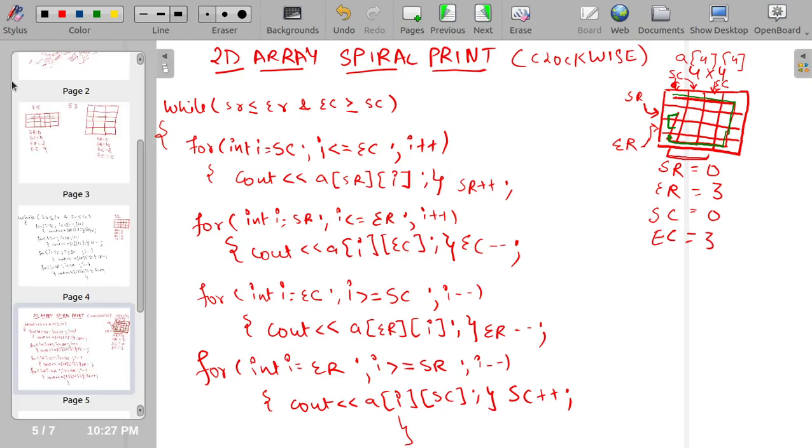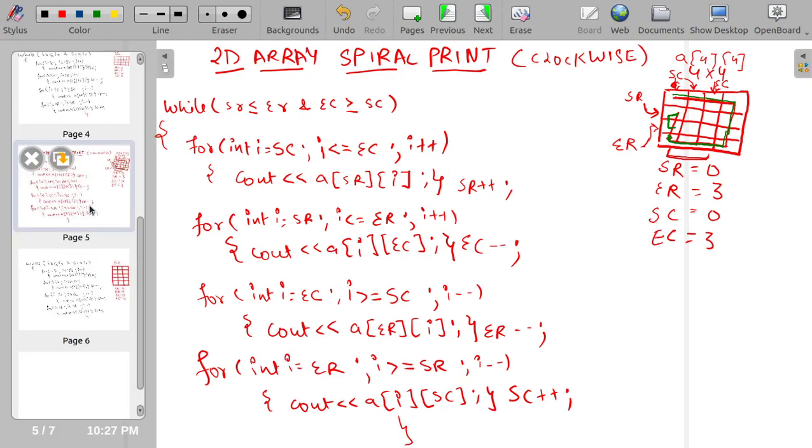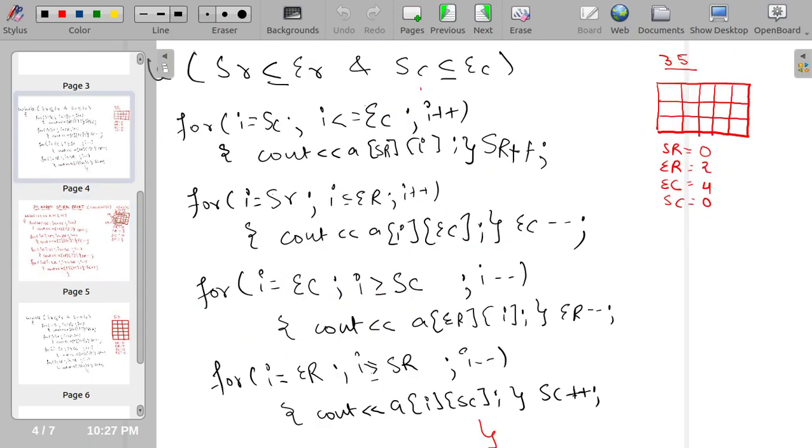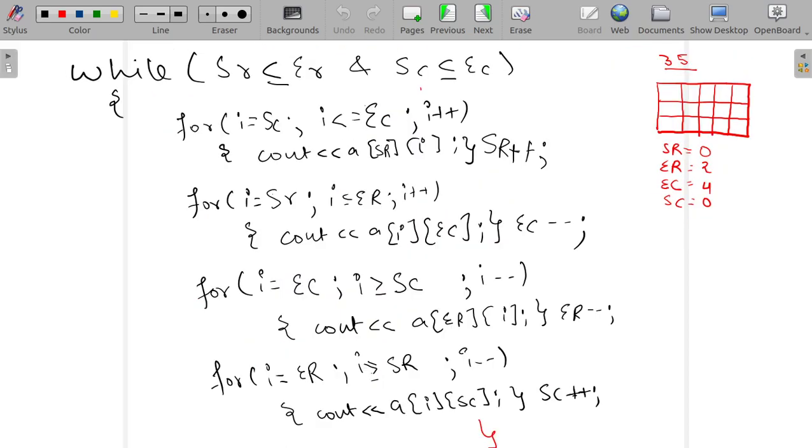So let me show you then. This was a program, right? I have already written the code and made an array here to explain all the stuff to you, right? This is the same program which we have written earlier, and this is an array of 3 comma 5 size. It means it has 3 rows and 5 columns, right? This will be the value of our SR, I mean starting row, end column, and starting column, right?